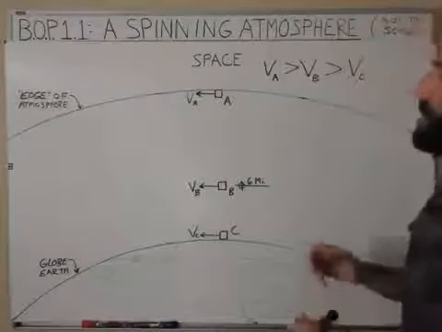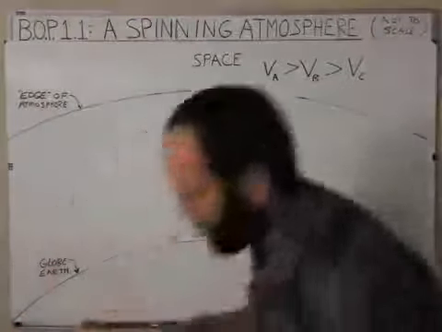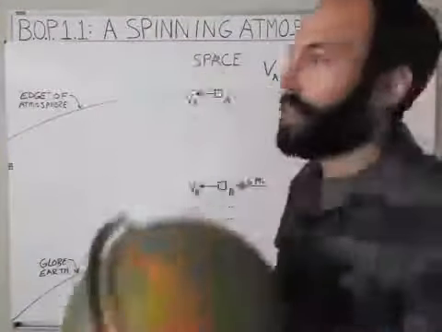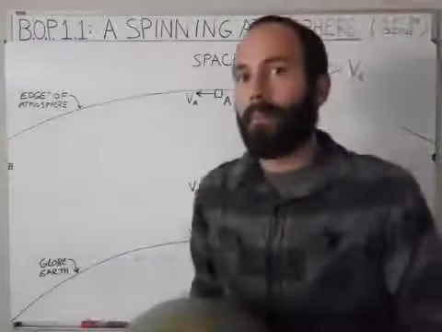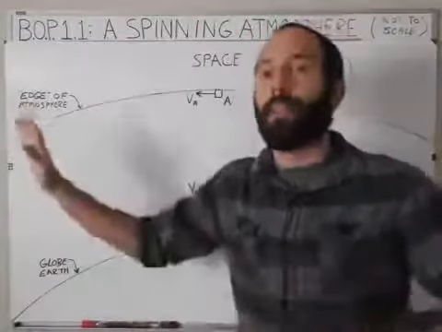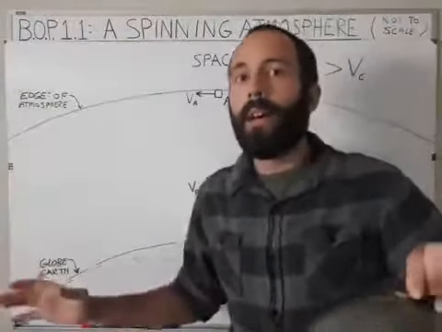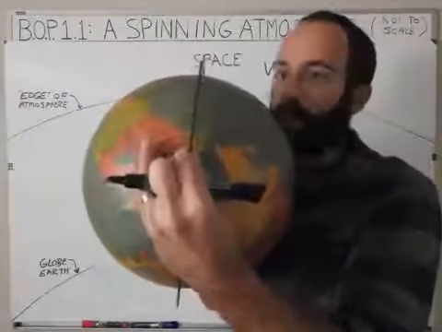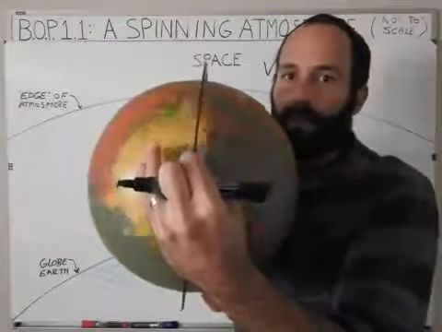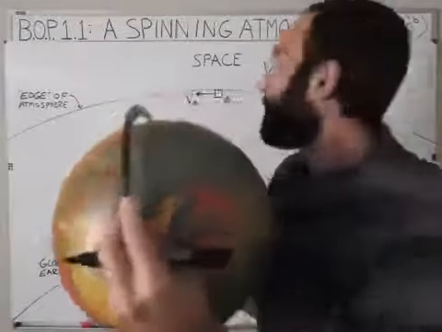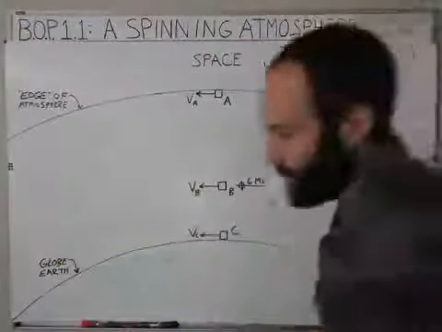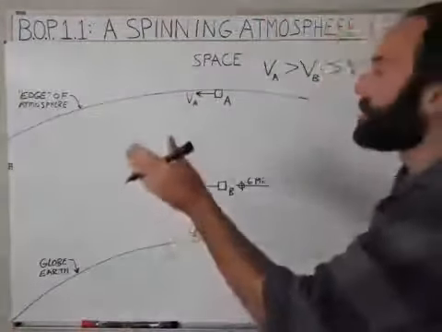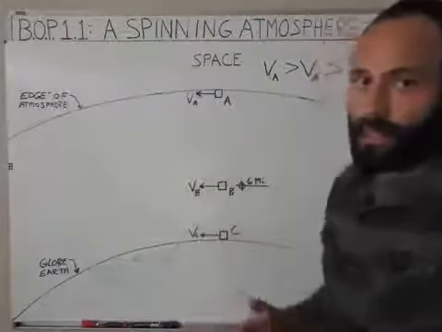Okay? And so this rotation here, the theory is that the Earth is rotating about its axis because of the Big Bang. When you really think about it, there was this Big Bang, and everything exploded out into space, planetary systems formed, galaxies, all that stuff formed, and this rotation is what is left over from that explosion. That's leftover energy from that explosion of the creation, which created everything, right? And so everything's just been moving for billions of years, and there's no friction between space and the atmosphere, right? Because there's nothing in space, so an object in motion stays in motion unless acted upon by an outside force,